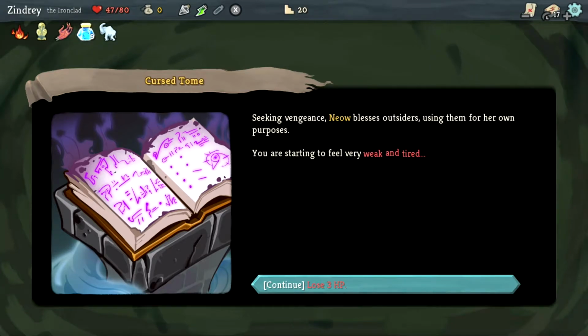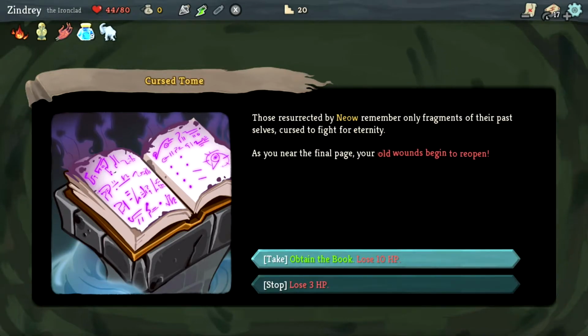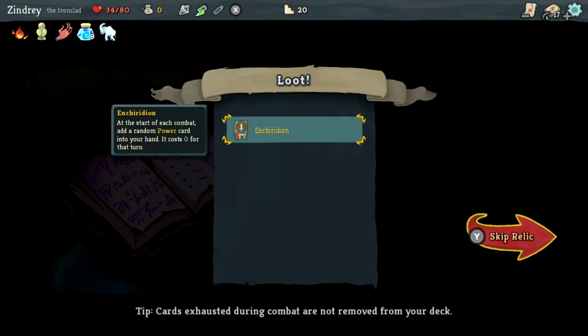Seeking vengeance, Niao blesses outsiders, using them for her own purposes. Well, that seems to be what we're doing right now for them. Starting to feel very weak and tired. So now, those resurrected by Niao remember only fragments of their past selves, cursed to fight for eternity. As you near the final page, your old wounds begin to reopen. So I can take the book and lose 10 more HP, or I can lose 3. Now, obviously, if I only had 10 HP left, I couldn't do it. I would lose the game. We're going to take the book and